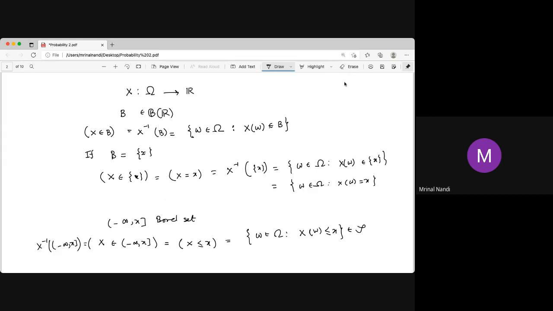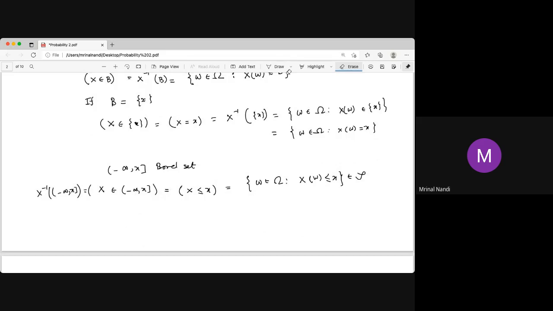But this is the equivalent condition, basically. So this is equivalent to this; it actually implies and is implied by that. The set of all omega belonging to Omega such that this holds for all x belonging to the real numbers. If this is true for all x in the real numbers, then it is also true that it belongs to B for any B in the Borel sets, or all B in the Borel sets. That is interesting. If it's true for all B in the Borel sets, then it must be true for this particular interval, because intervals are Borel sets. But the other side is interesting: if it is true for all this type of intervals, then it is true for any Borel set. And the proof comes